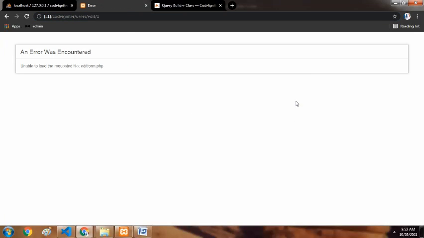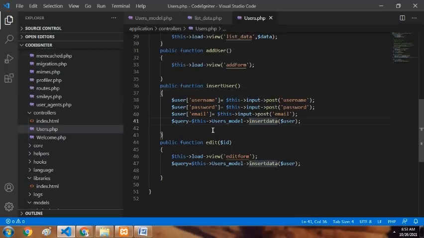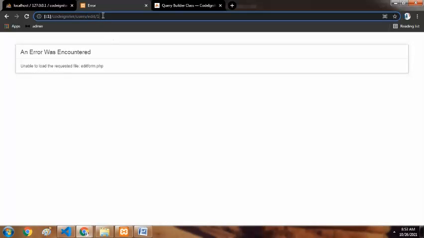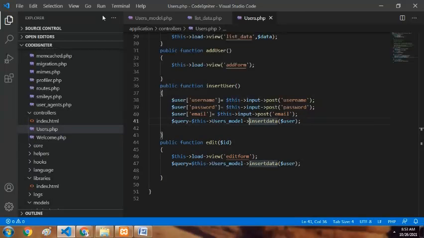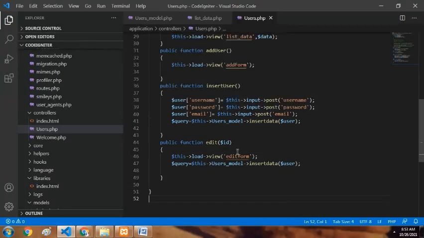If I am clicking on this, one will be taken as the parameter of this edit function. So this is how we are sending a parameter through URL in CodeIgniter. Here it is showing an error because we didn't load the edit form. We have to create the edit form now, and I will show how we can access the parameter of a function in the controller URL. This is how we are calling a function from view to controller.